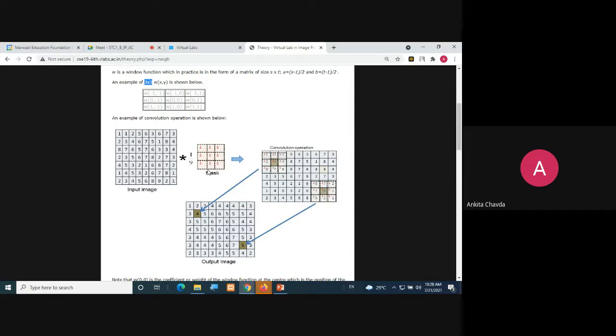I mean what you need to do is you just need to take these 9 pixels, do the summation of it, and finally you will divide it by 9, because you have a total number of pixels 9 in 3x3. So this is how you are calculating the average.